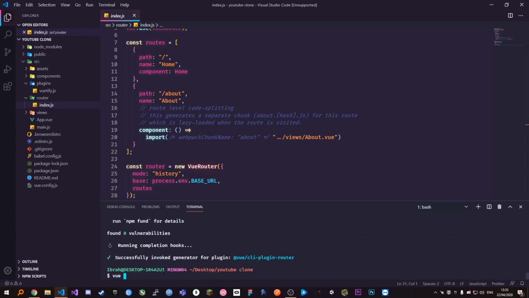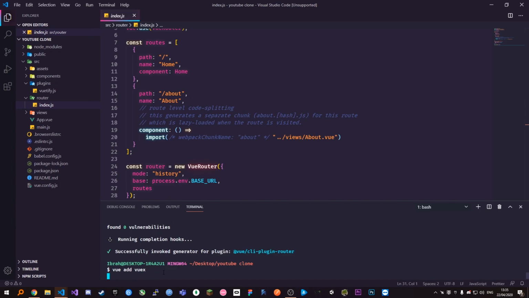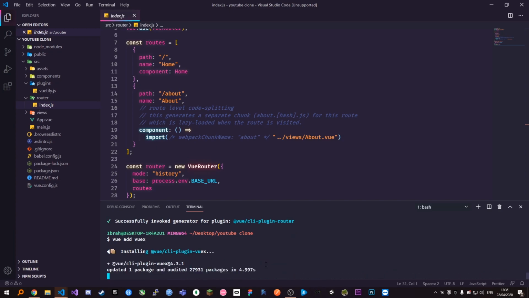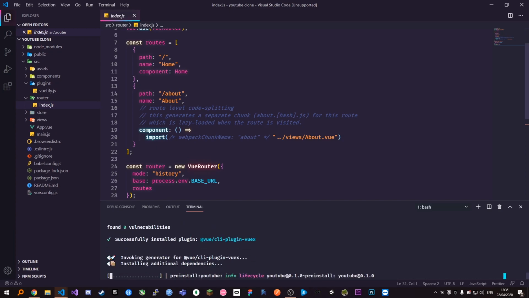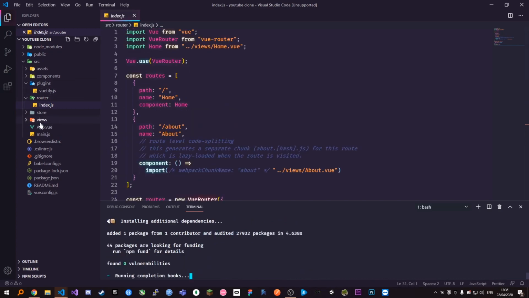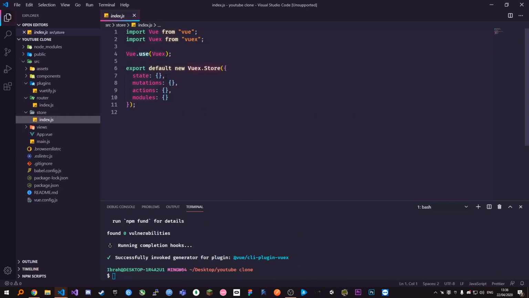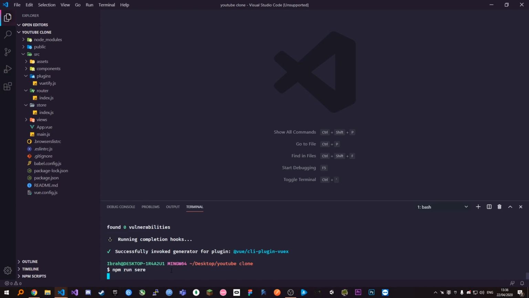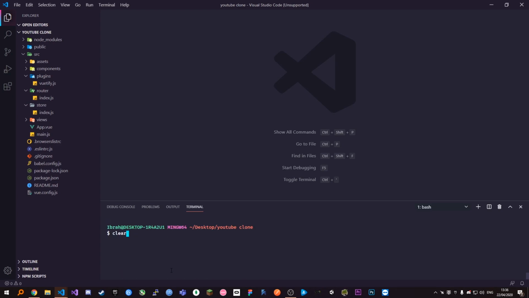And we should also do vue add vuex. Vuex is a state management library. We probably won't be needing it, but we'll install it anyway, just in case we do need it. Okay, almost done. And there's the store, which should have our default state, index.js and stuff. So if we do npm run serve,